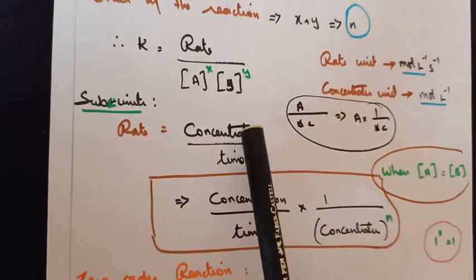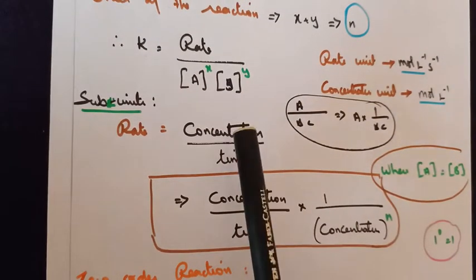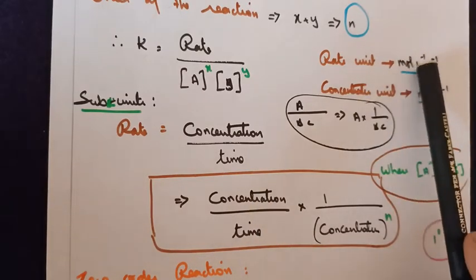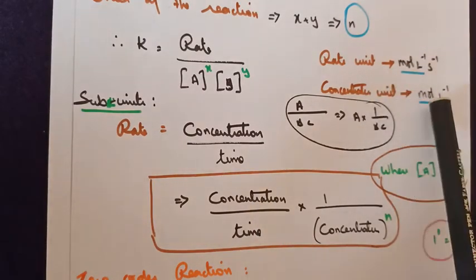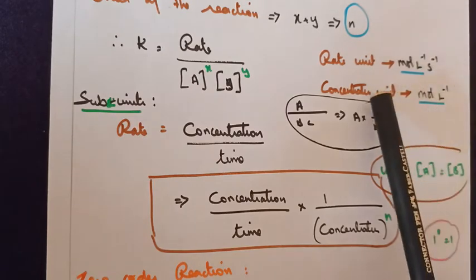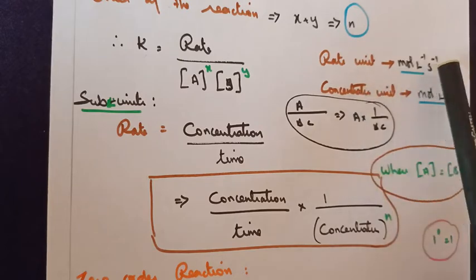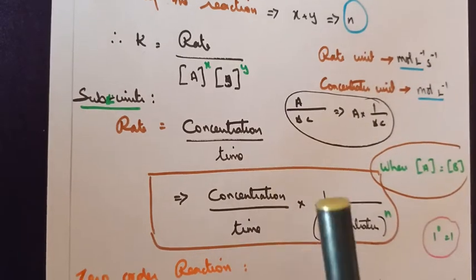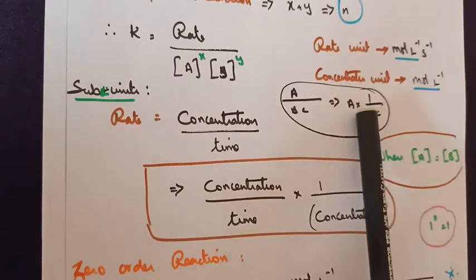A stands for concentration by time. From where do I get this concentration by time? Because the rate unit has mole liter inverse and the concentration unit also has mole liter inverse, instead of writing mole liter inverse, I am taking it to be concentration. The second inverse comes down to the denominator in terms of time here. Next, I am following this method of writing.